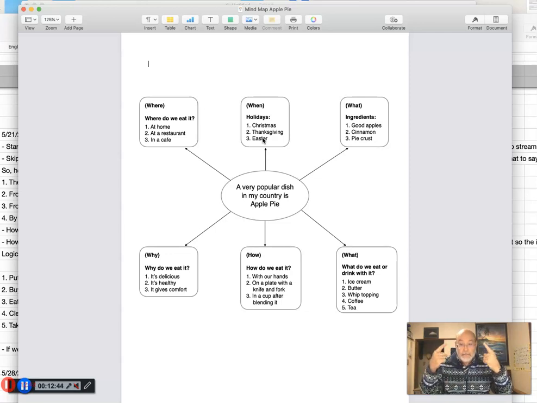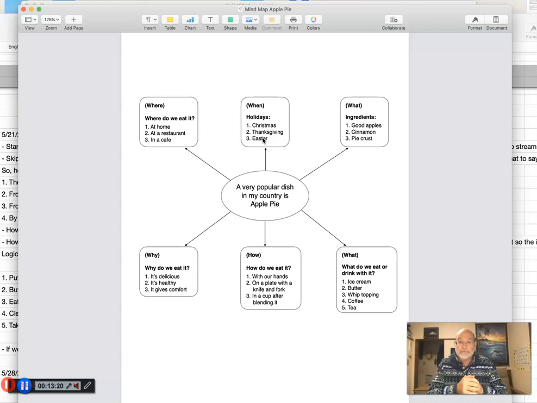he'll think about that. Jody will think about that and then do a little research, maybe online. I will type in, when do people enjoy eating apple pie? And some ideas, maybe from some websites that pop up, will appear. And from that, I might get Christmas or Thanksgiving or Easter. And I could then say in my paper, so a lot of people around the world enjoy eating apple pie